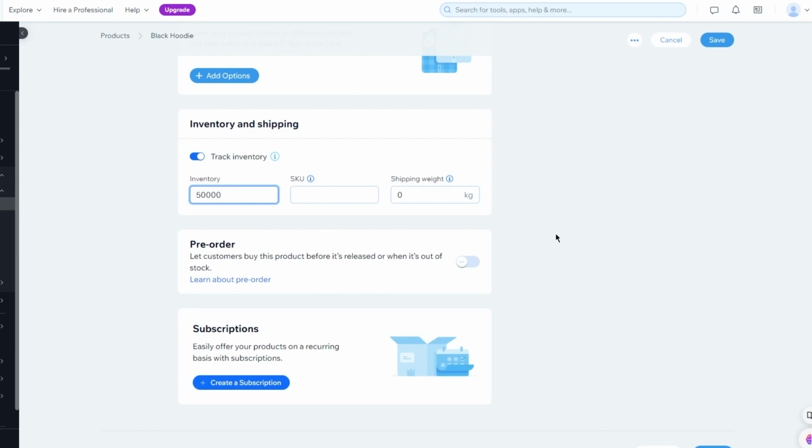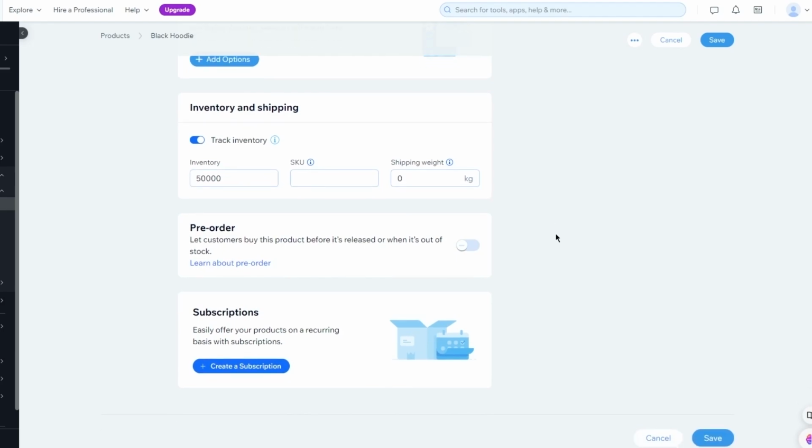Then you can also add in the SKU and shipping weight for the products, because every product has its certain SKU. And adding an SKU is pretty helpful. So I'm going to go ahead and keep all of this good enough. And once we do that, we're going to click on save and we're going to move on to the other